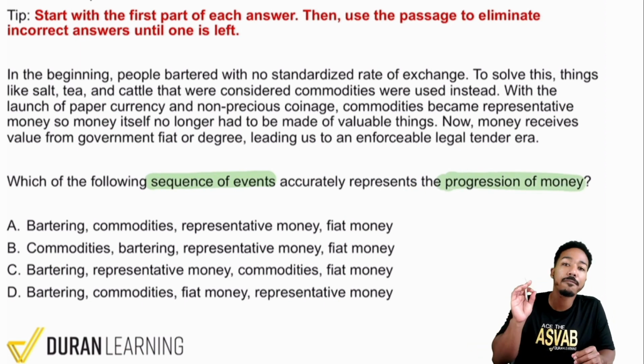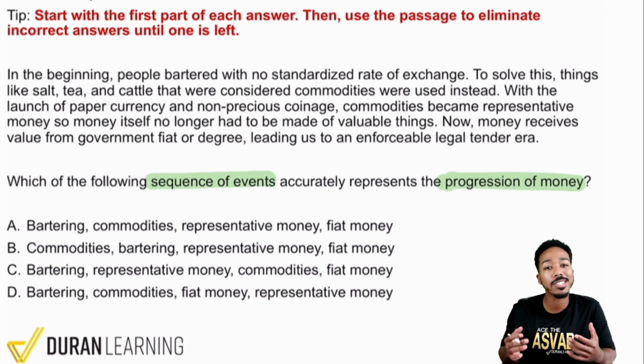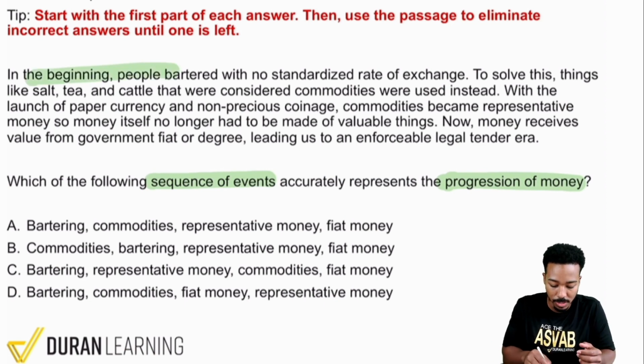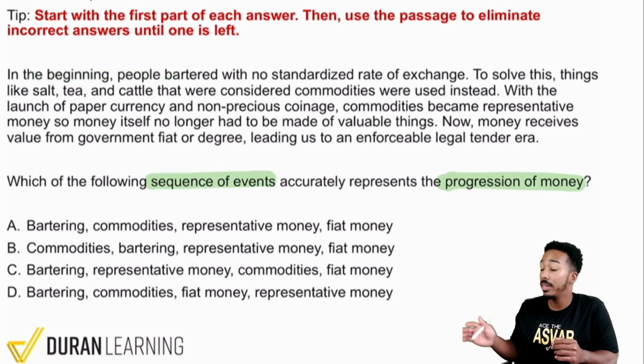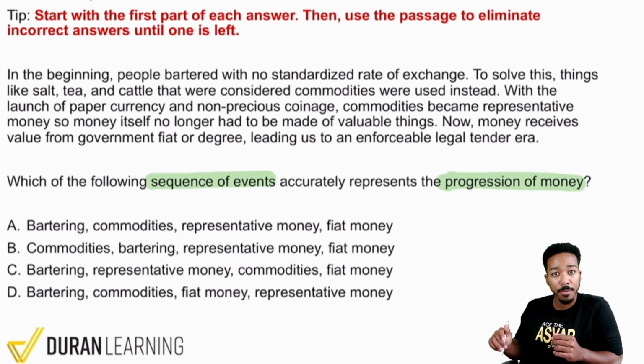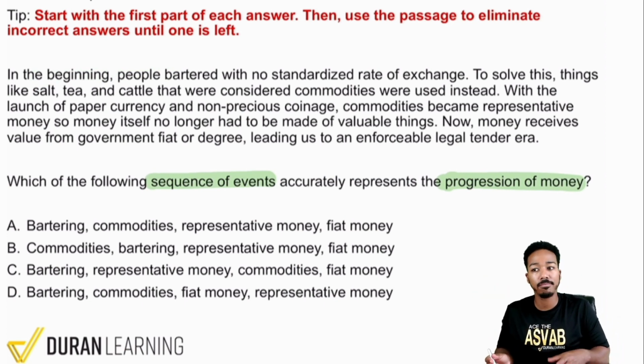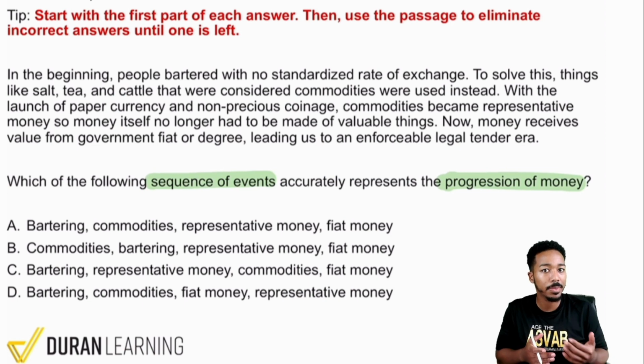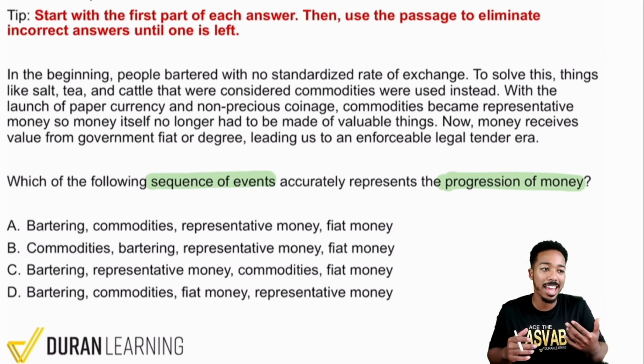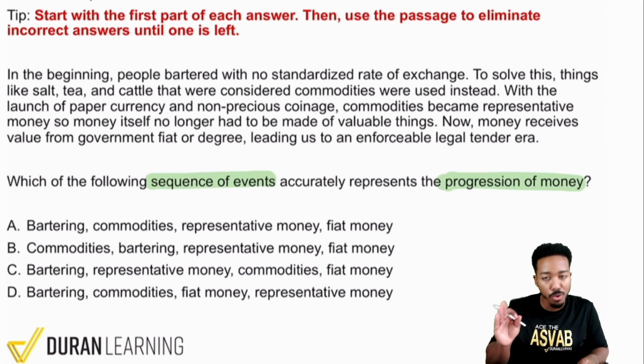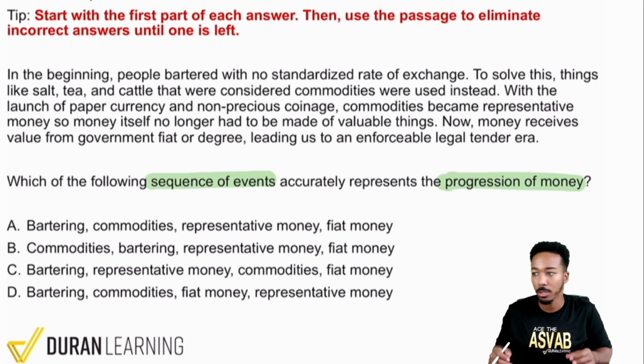Boom. So the first thing that I'm going to do here when it comes to sequence of events questions is not to start reading the passage. I'm going to go ahead and actually start with the choices, because this is basically, again, a sequence of events. This is one of the more logical types of questions you'll see on paragraph comprehension. It's not ever going to be vague. It is always provable that the answer is the answer, no matter what.